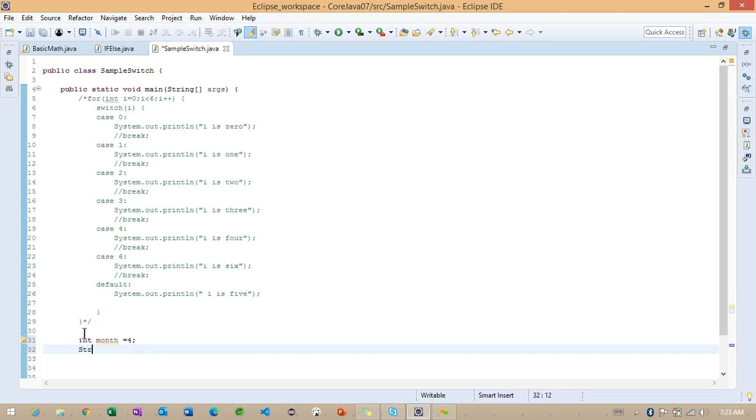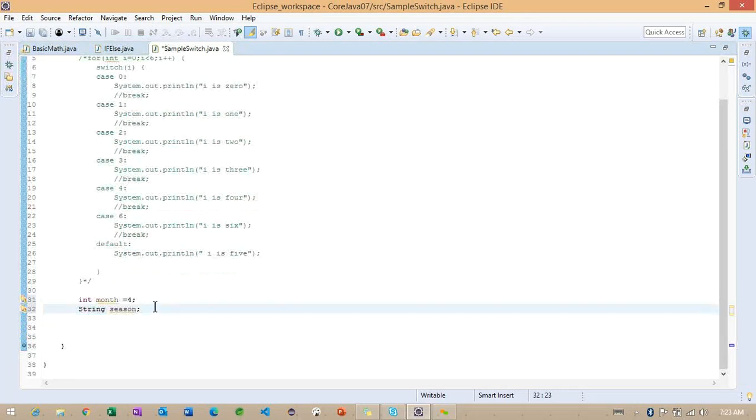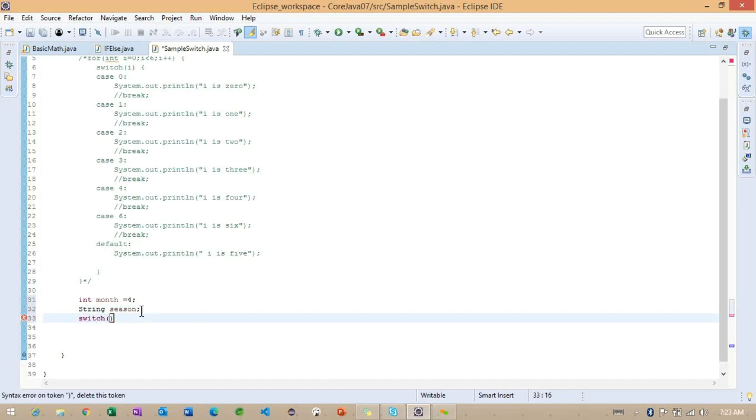Carefully observe what I am doing here. I want to define this particular string season, and later I'm moving into the switch case.